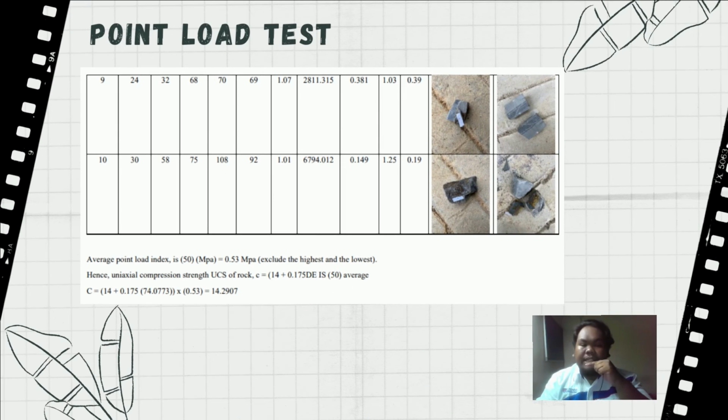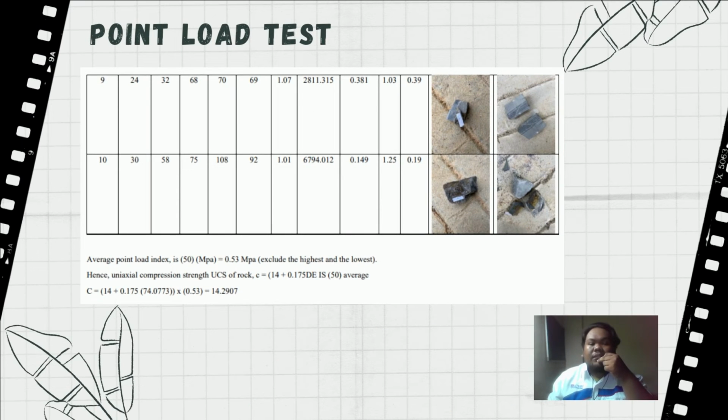From the data, we must calculate the average point load index. Then we must exclude the highest data and the lowest data. After that, we must calculate the UCS of the rock, which is labeled as C, or we can call it the unit axial compression strength of the rock itself. So for our project, we get